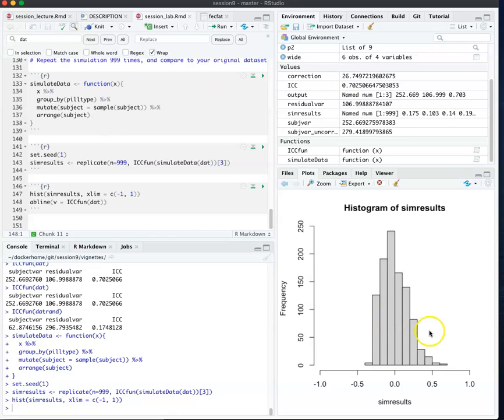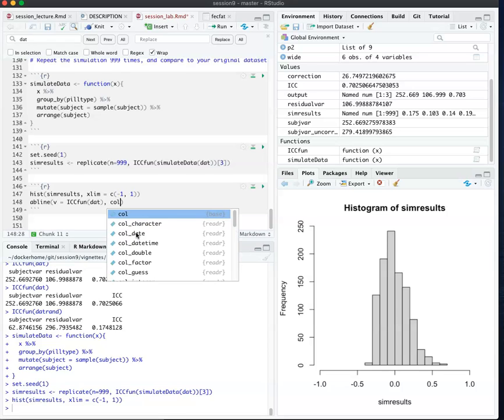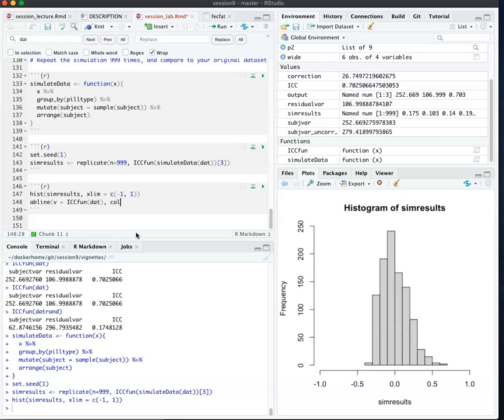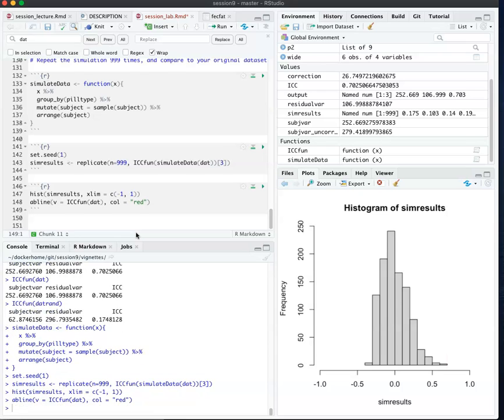There we are. That's more what I expected the ICCs on the simulated data to look like. Centered around 0, more or less normally distributed. And if I make this color equals red, here's the ICC on our original data. So it certainly looks like this is not a value that happens very frequently randomly. And if I were to look at that, I would see,